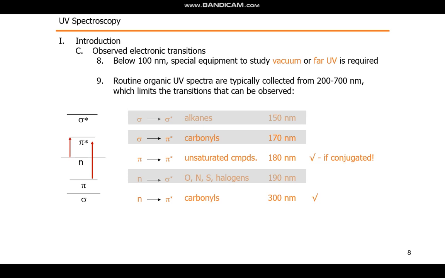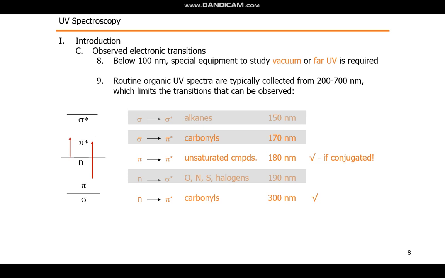Below 100 nanometer, we have discussed about the electronic transitions, taken the different ranges. Below 100 nanometers, special equipment to study vacuum UV is required. Means we would not discuss about the wavelength absorption below 200 nanometer. Usually in routine the UV visible spectrophotometers used would have a wavelength collection in between 200 to 700 nanometer, and we would discuss about the 200 to 700 nanometer absorptions only for the molecules.